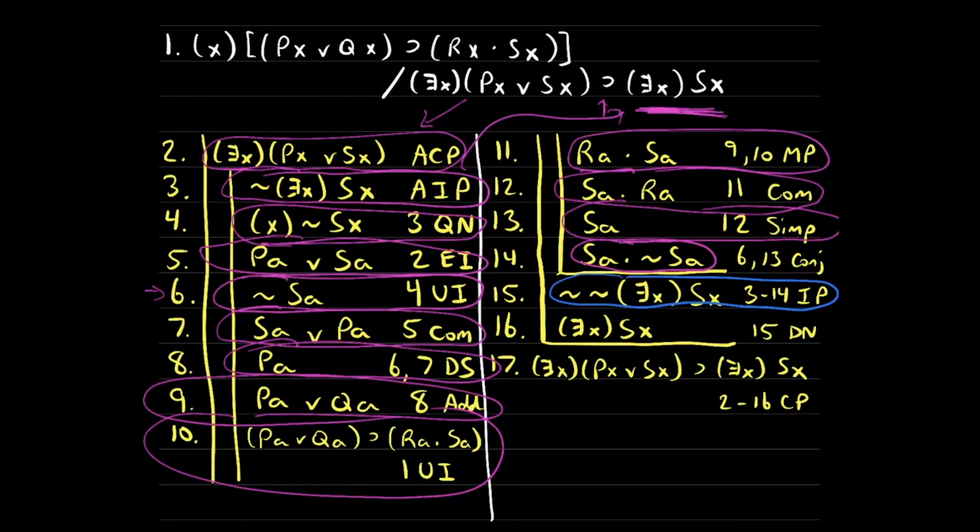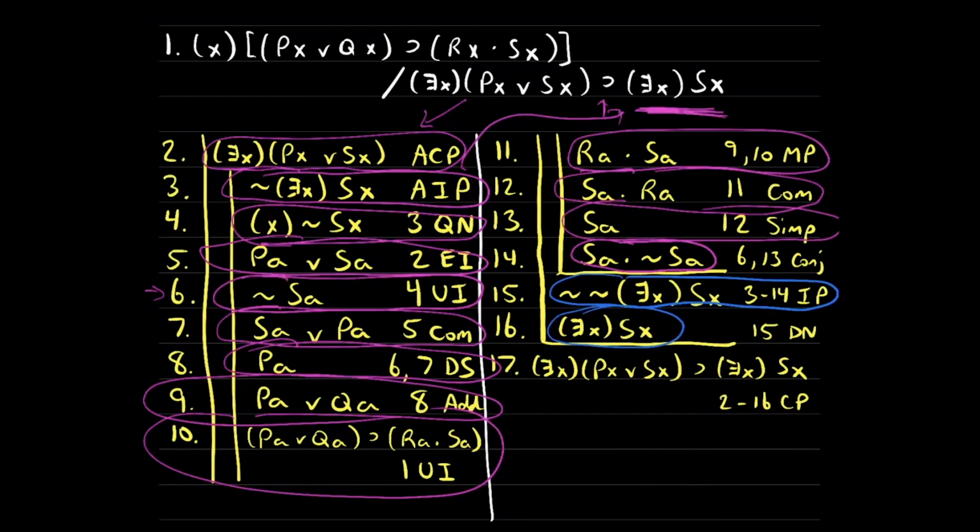Of course, the double negations just cancel each other out. So that's what we did on line 16. We got rid of the double negations. That gave us what we were looking for, the consequent of that conditional that we started our conditional proof sequence for on line 2. Just for review, remember on line 2, we said that if we can assume the antecedent